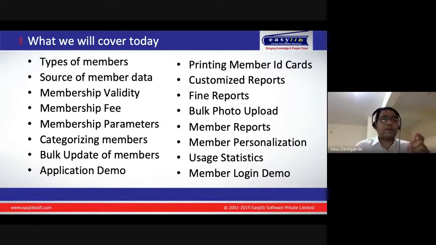Then other terms we'll cover is membership validity. What happens if the student goes out of the college? Is there any membership? What are the parameters that we'll set for each member in the circulation and so on? And then we will also go over how to categorize different members. You've got about 2,000 students in your college, maybe about 150 staff. So the students are in different degrees and different